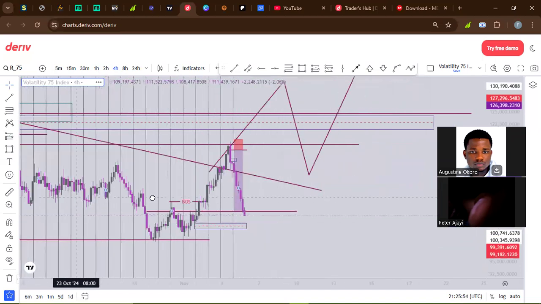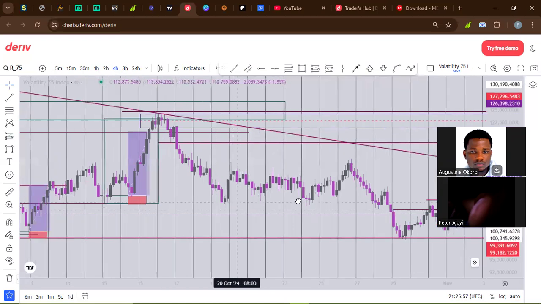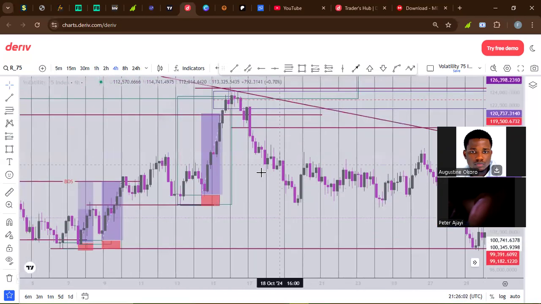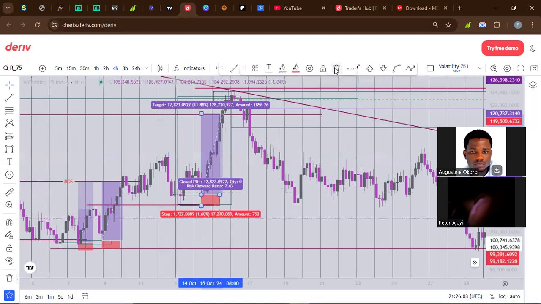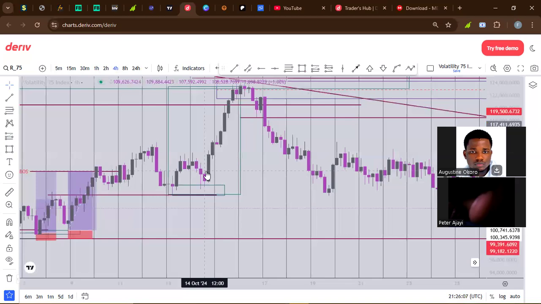Let's go back to the 4-hour time frame. Let's see what I'm talking about. Let me give you a little scenario of this. On this place, you want to scalp. You already know on the daily time frame that the market was bullish. You want to scalp, so you should be waiting for these trades to come all the way down.